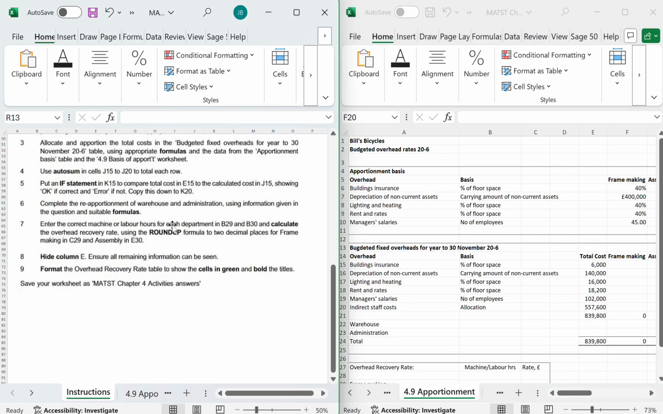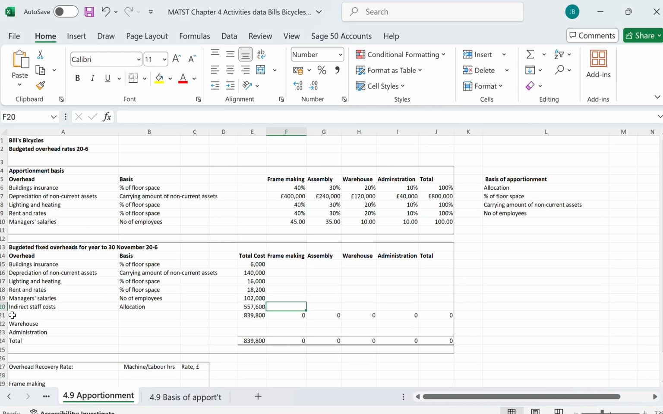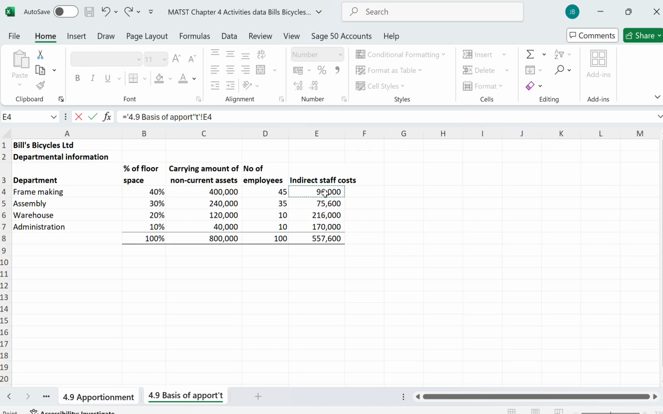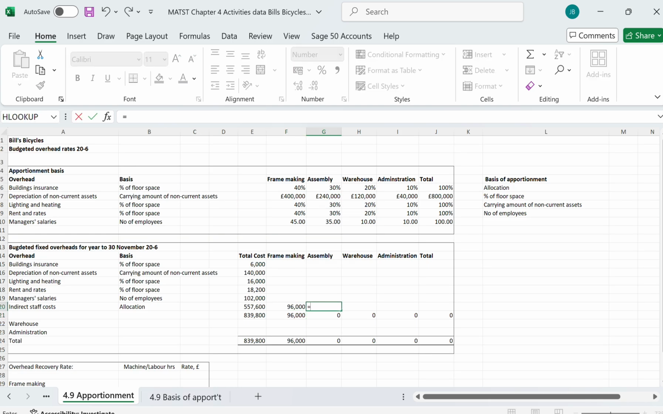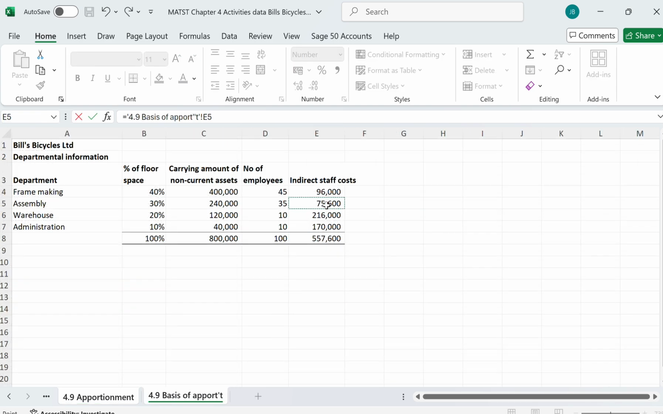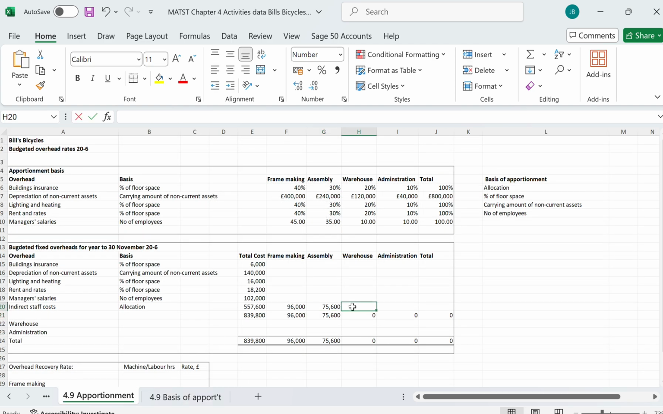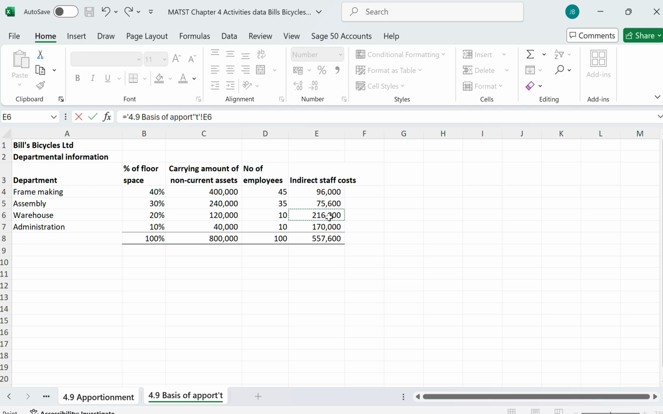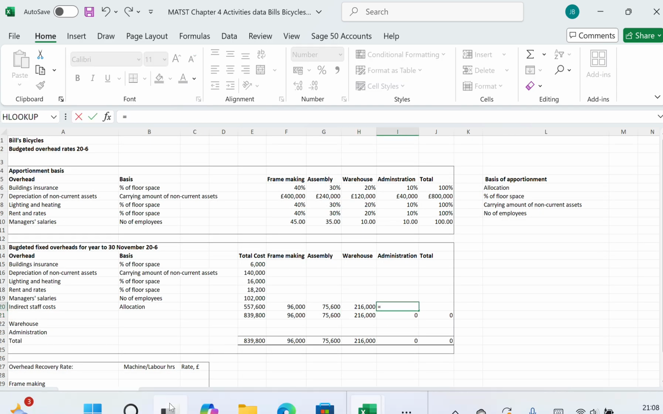Right, allocate and apportion the total costs in the budgeted fixed overheads for the year. Use appropriate formulas and the data from the apportionment table and add 4.9 basis of apportionment worksheet. So, first thing I'm going to do is add my allocated. So I'm going to go equals and add that. Equals and add assembly. Equals and add that one. Equals